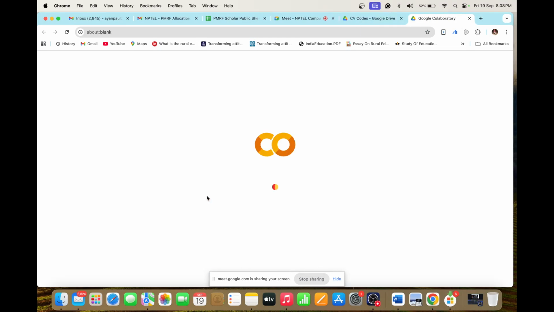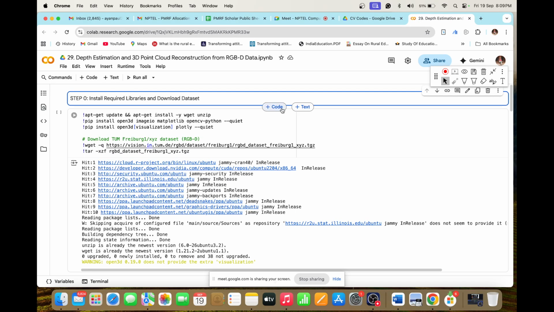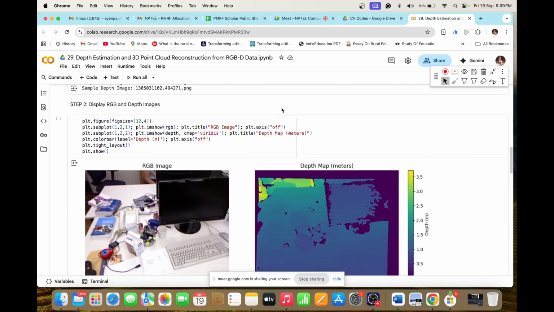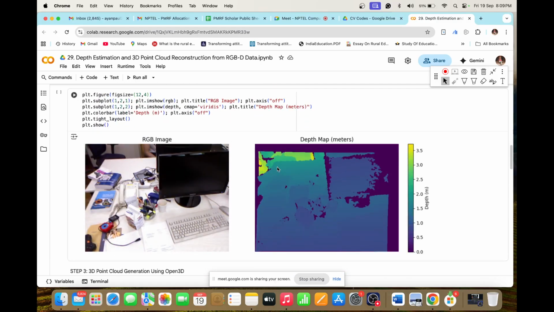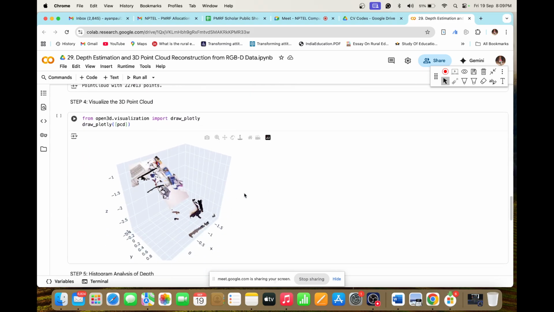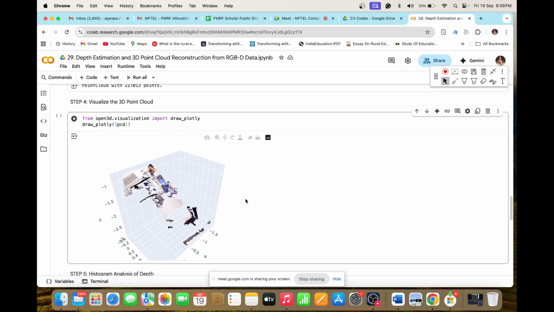So let me show you the 3D point cloud. That will be more interesting to you. This data is from an RGBD image, not a range image. Range image is just a depth image. So this is the RGB image, and this is the depth map, and together this is the RGBD image. If I combine them together, this is the point cloud. You can rotate it. So this is a 3D space. This is a complete point cloud.